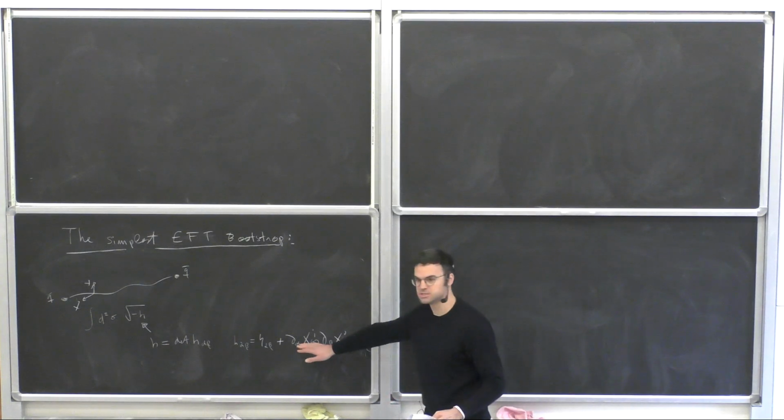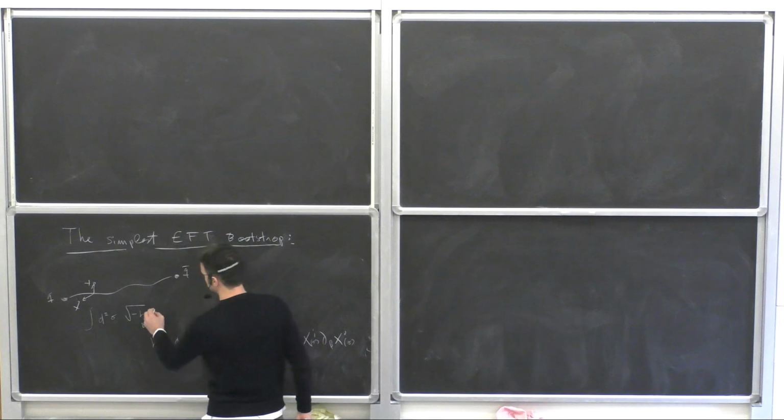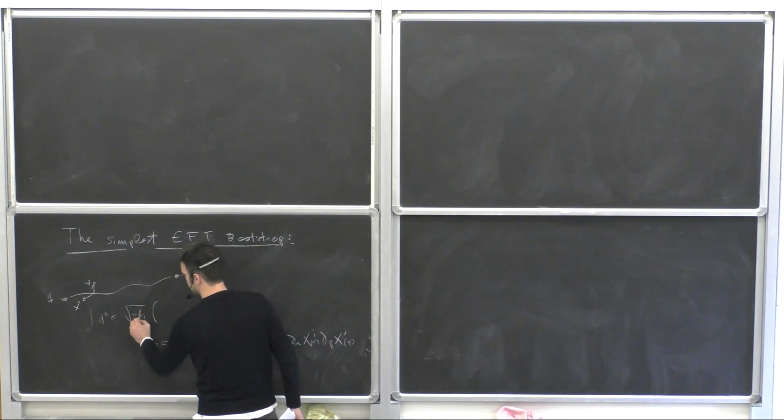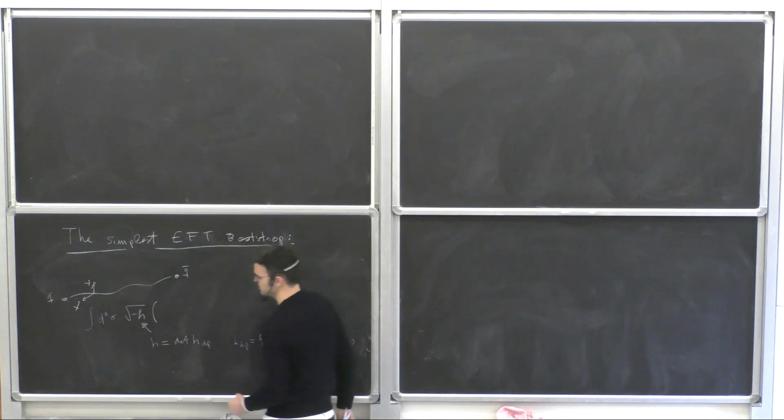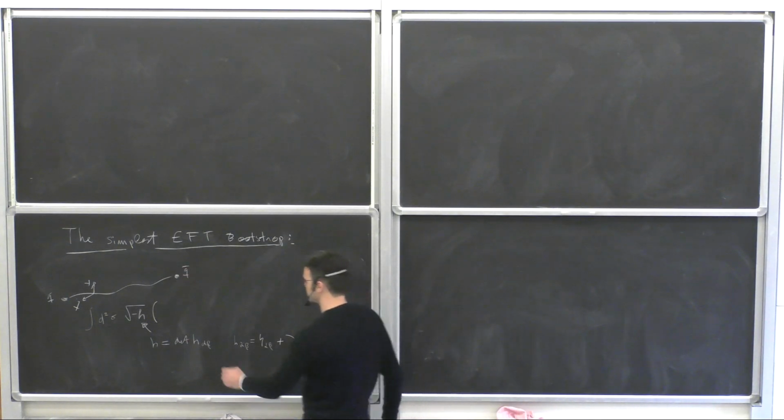So these are just normal scalars with a vector index. So this is an EFT for spontaneous symmetry breaking of Poincaré,